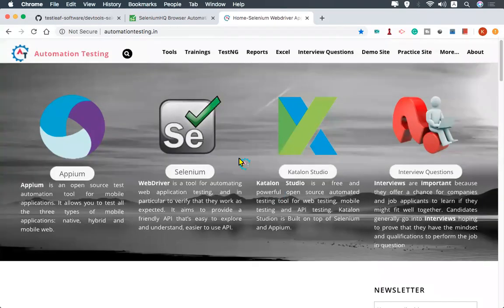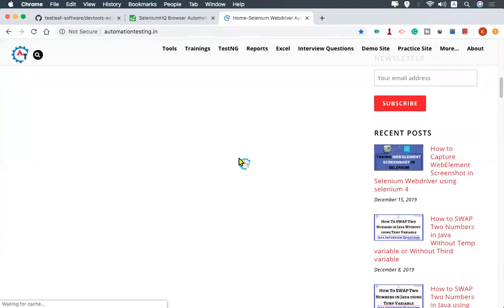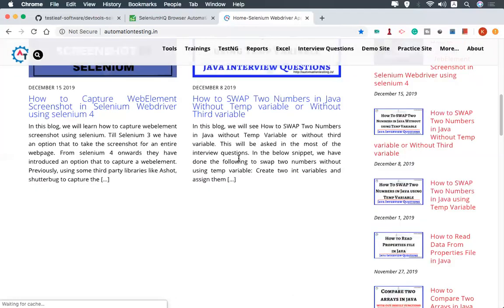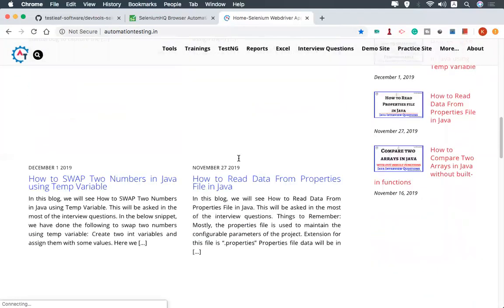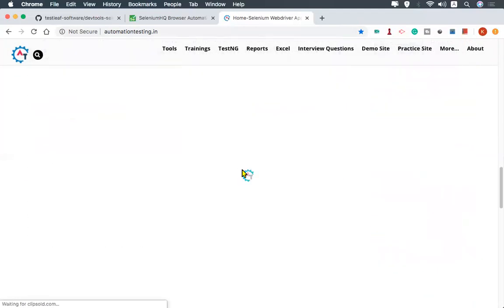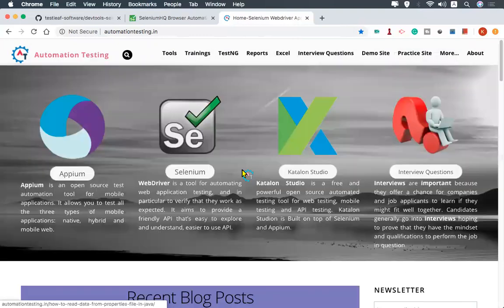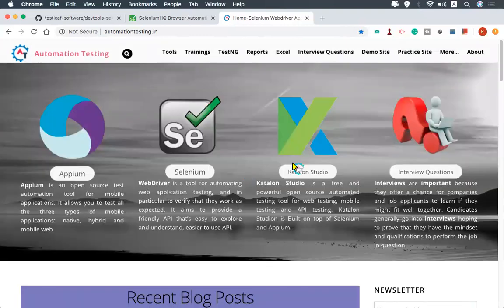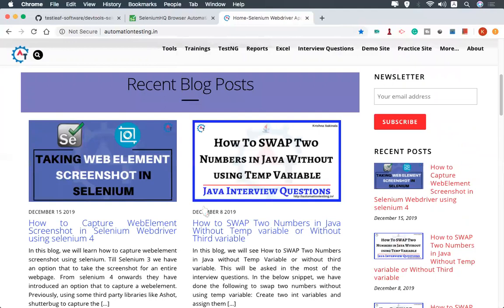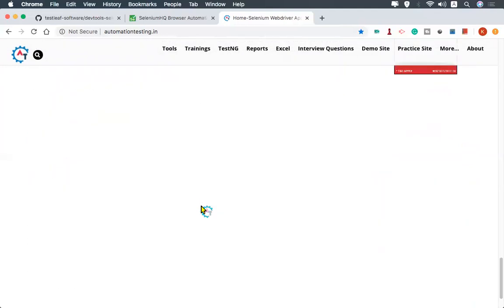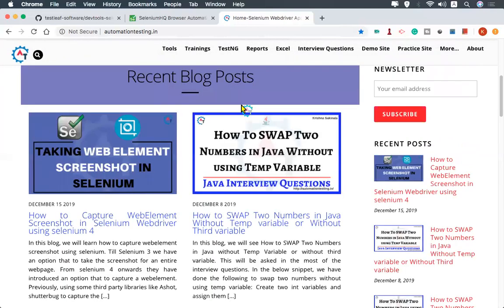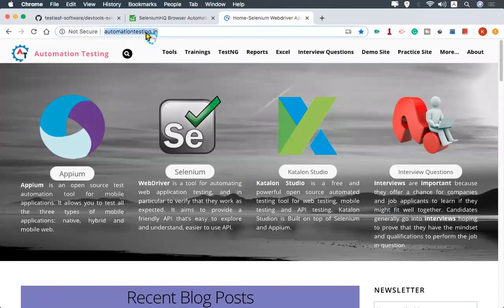Yeah, now you see that it's loading the content dynamically. This time, it will capture this area and the remaining area is white space. So that you need to remember.